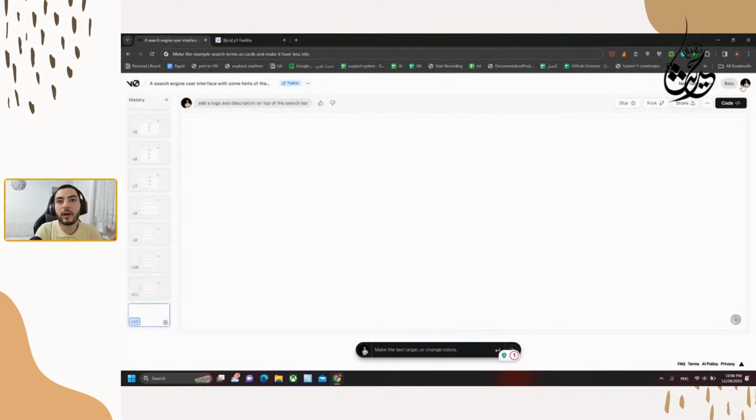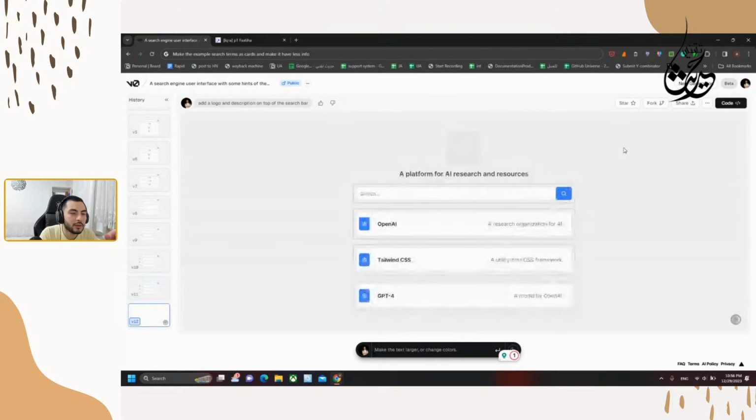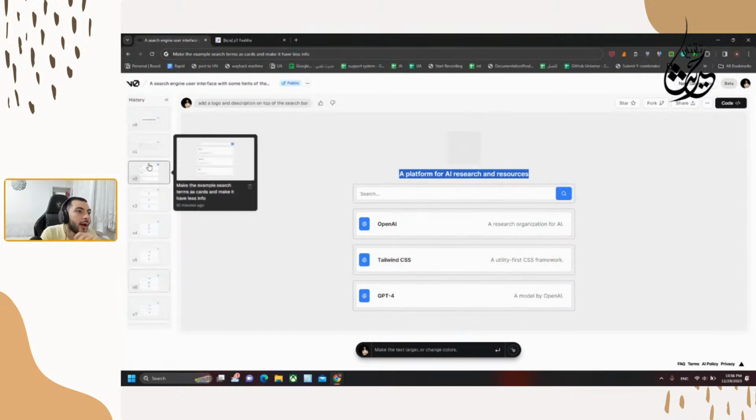By the way, if you are using the free version, they are giving 200 credits for this. Yeah, okay, that is cool. A platform for AI search and resources. Yeah, that makes sense that they are using it from AI people. So here we could have the logo and that stuff, search, whatever we are having here. That makes sense. So what I was saying is that they are having 200 credits for free for everyone